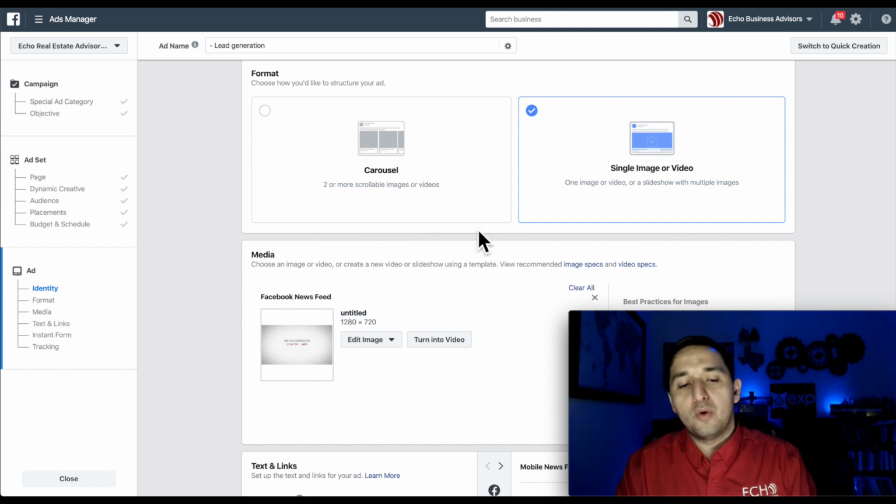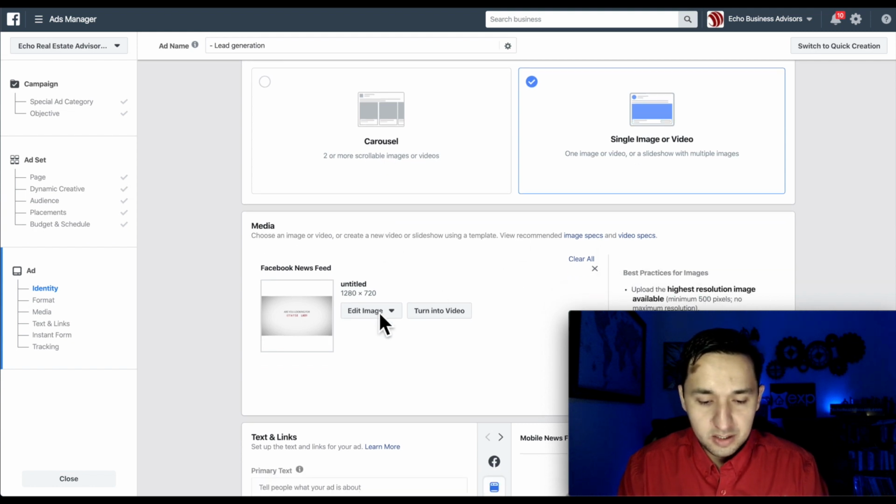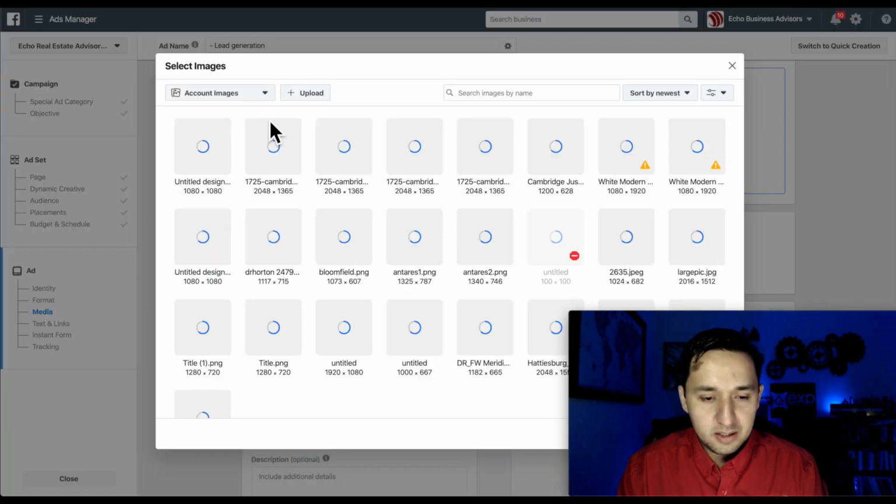Now, when it comes to the format, you see that you have a carousel and you have the single image or video option. So what you do is go to clear all, go to all media, add an image, and let's just say